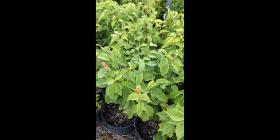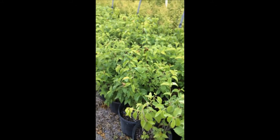Sure. My cell phone number is 267-446-2376. Thank you. After the small viburnums are rooted out, we put them in a 3-gallon pot and then have